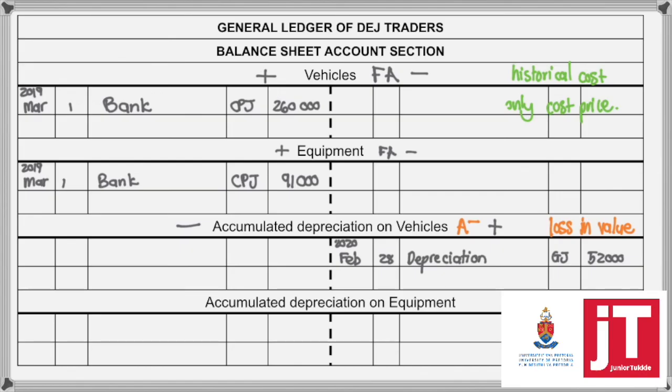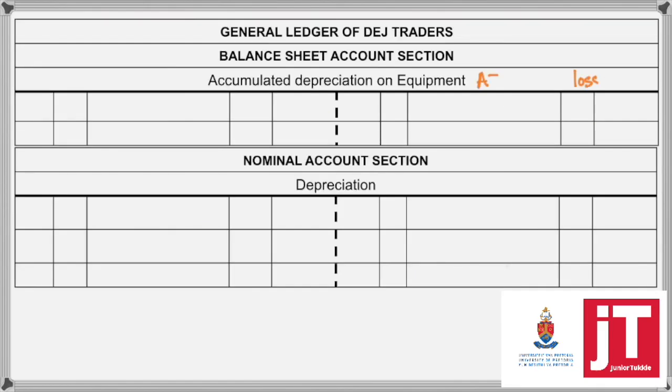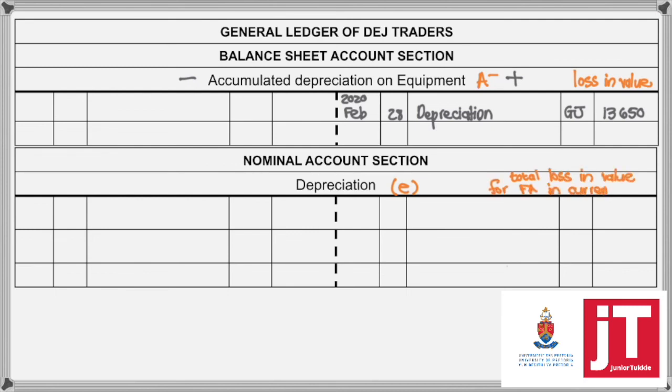And now we have to do the same for accumulated depreciation on equipment. Yet again, we record a loss in value. So it's a negative asset that must increase. So we're going to credit. So yet again, depreciation on the end of the year balance because it's an end of year transaction. So depreciation, General Journal,